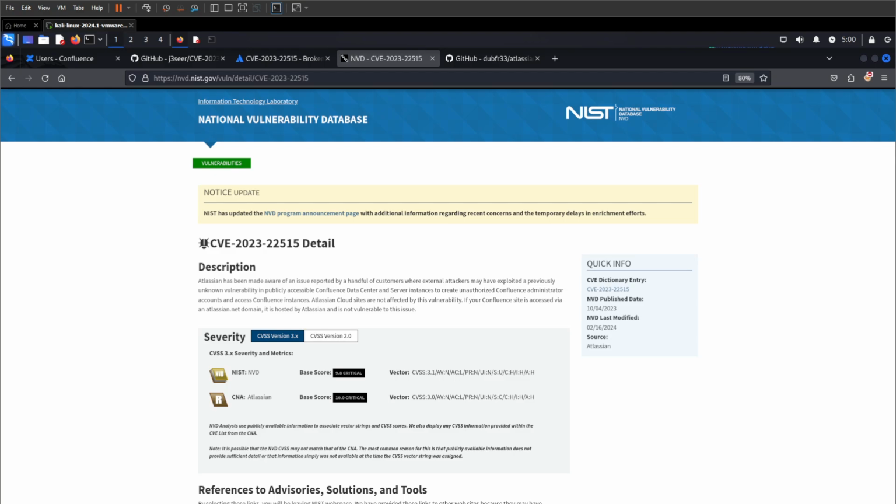Today we're going to take a look at CVE-2023-22515, and this relates to the Confluence on-premise broken access control vulnerability, which allows an attacker to create an administrative account. So with the administrative account they can go ahead and get code execution by uploading a plugin. That's one route. I think there's a couple of other routes too, but that's the route I'm going to show